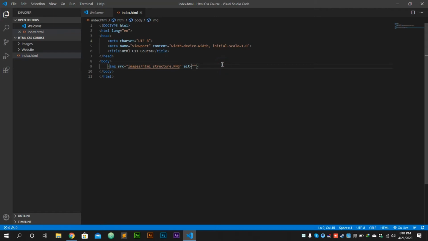That means if your image is not displaying, because your image was deleted accidentally, or you made a mistake in writing your image name, like I have made a mistake in my image name. So now I will add an alternate text saying that my image is related to HTML structure. So I will write HTML structure.